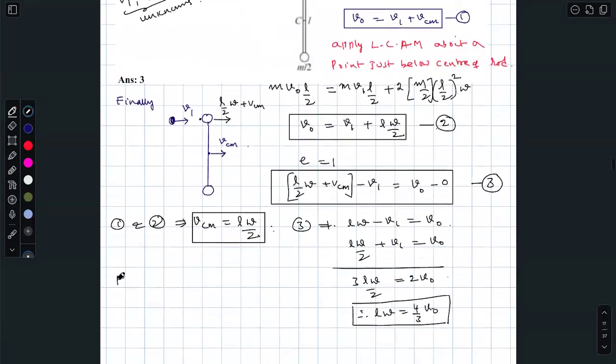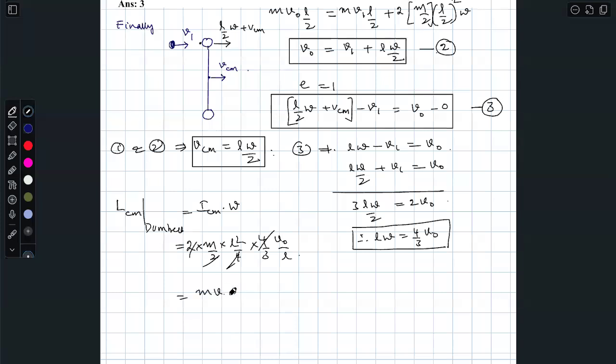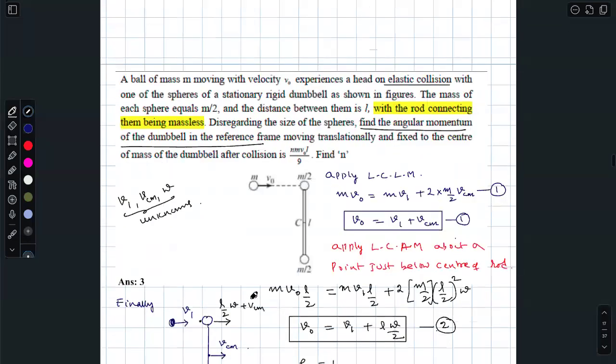What is it they are asking? L dumbbell. About the center of mass, it is simply I_CM omega. I_CM is 2 times m by 2 times L squared by 4, times omega. Omega is 4 by 3 V naught by L. This is m V naught L by 3. Okay? So finally,